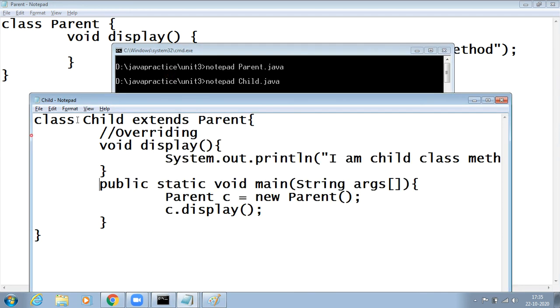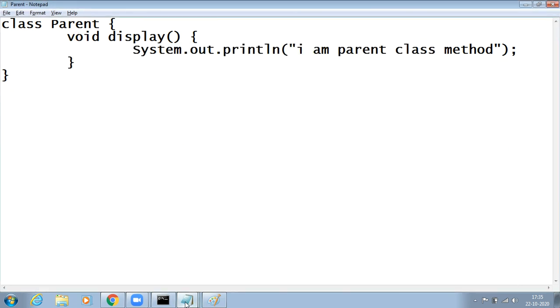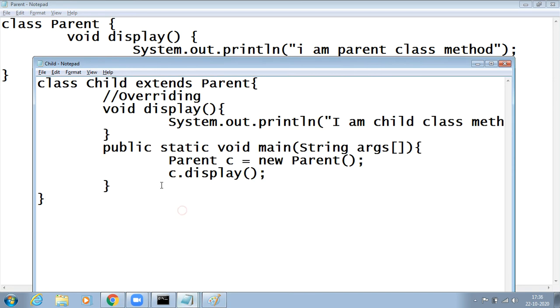Okay, so this is a simple example to explain overriding. Generally, overriding is a concept. When do we override? We need to override if you want to access the parent class data in the child class. If you want to access parent class data in the child class, then you have to override. The best examples are the Thread class, Applet class, AWT classes, and so on.